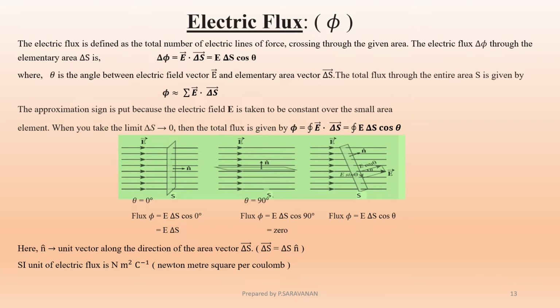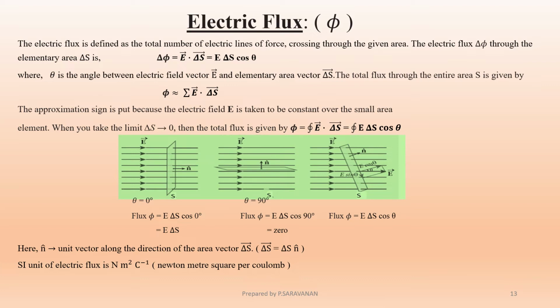So what must be the number of lines passing through half of the plane area? Good, it is 4. Okay, what must be the number of lines passing through 1/4 of the plane area? That's right, it is 2 lines. So when the area becomes small, the number of flux lines passing through that area is also very few. If the area is large, then more electric lines are passing through the large area. So now we will define what is electric flux.